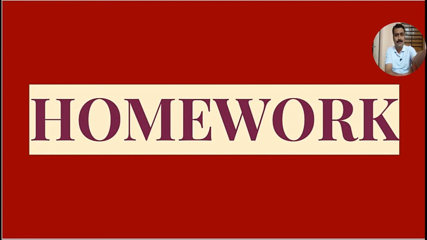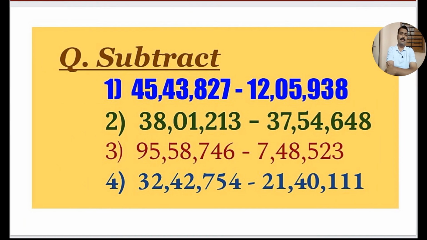So which are these four examples that are given in this homework? So let's observe here. The question is the same as earlier, that is, subtract, we continue here, and four examples that you observe in this slide in front of you. First example here I am reading as 45,43,827 minus 12,05,938. Second example 38,12,13 minus